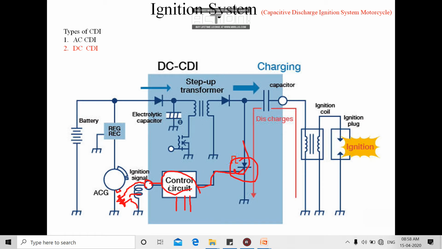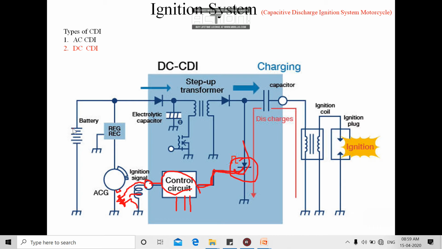Whatever results come out match the engine map and the respective time of triggering before the top dead center, at the end of the compression stroke. It is decided, and the respective pulse is sent to the third leg of the SCR. As soon as the SCR receives the pickup here, the discharging cycle is completed. So in this way this thing is constructed.